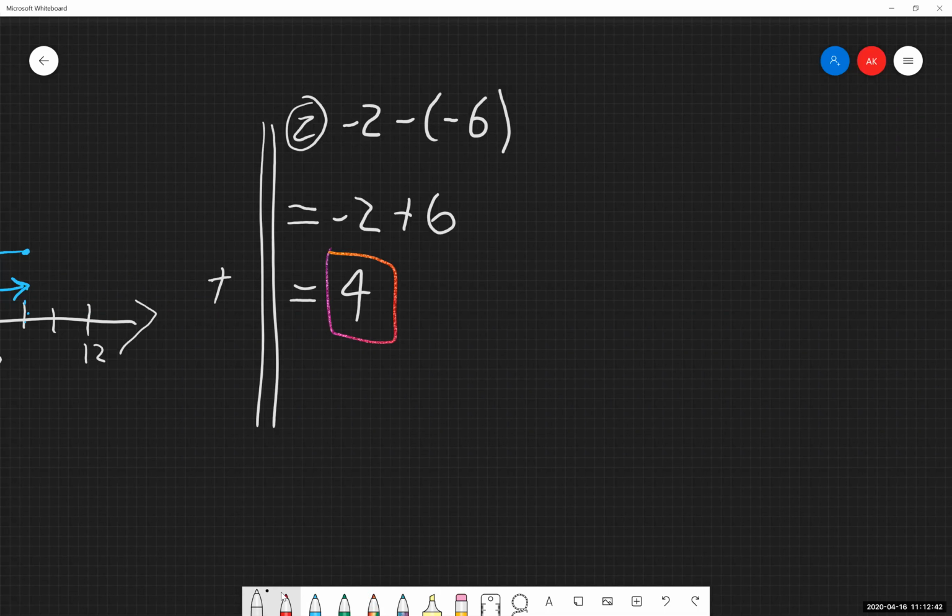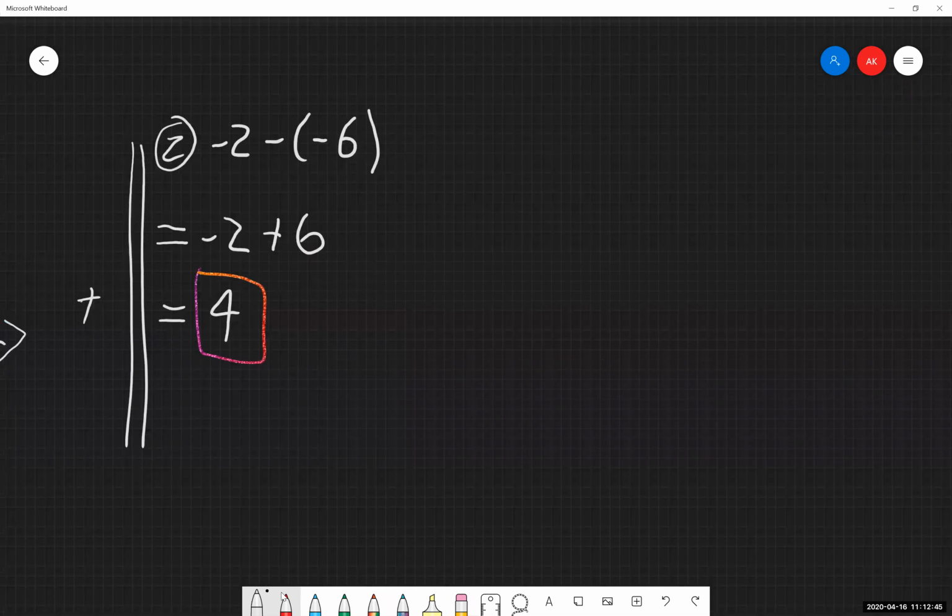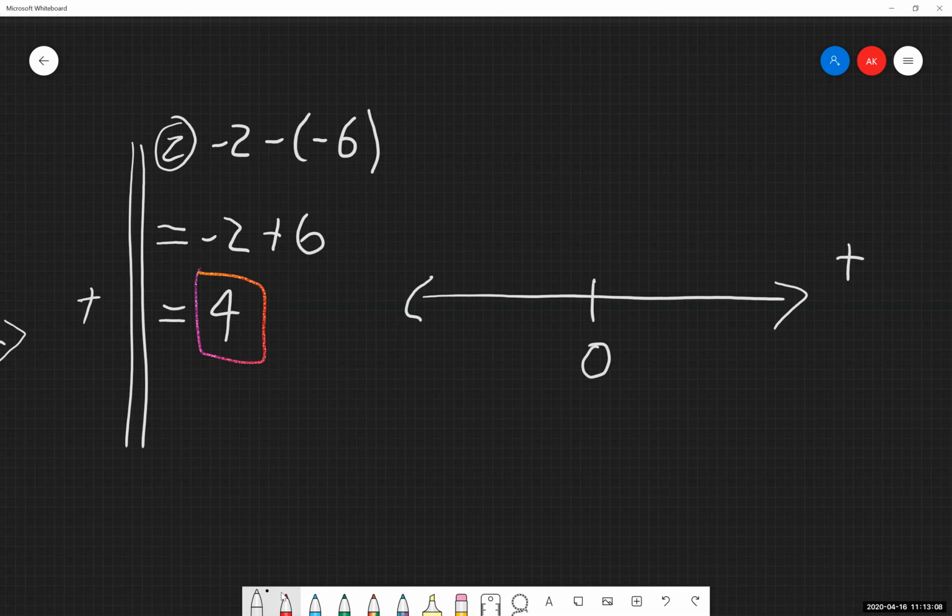Now let's take a look at this thing from the step where we got rid of that double sign. So let's make that into a number line because it's easier. Again, number lines are easier to do without double signs showing up, at least I think so. So let's work with that as a number line, just for the sake of seeing a visual of this. And again, beyond the scope of this particular section, you guys are not going to be required to use number lines for adding or subtracting anything together.